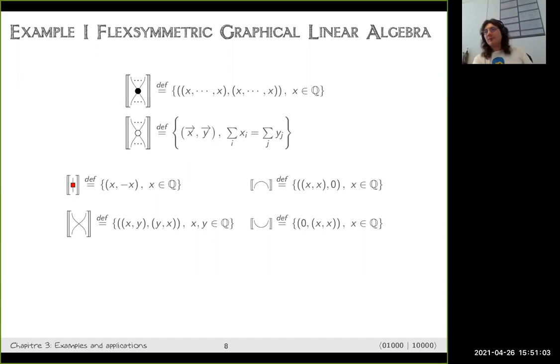Okay, so from now on, I will just give you a lot of examples of the FLEXSYMMETRIC point of view of non-graphical language. I will first start with graphical linear algebra. In graphical linear algebra, a map from N to M is in fact a relation between N-tuples and M-tuples, okay? A map from A to B is a relation between an A-tuple and a B-tuple that have to be